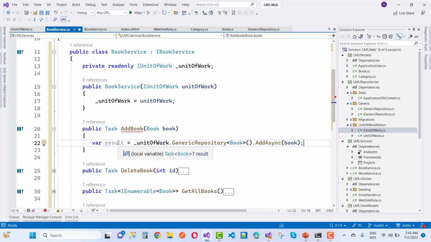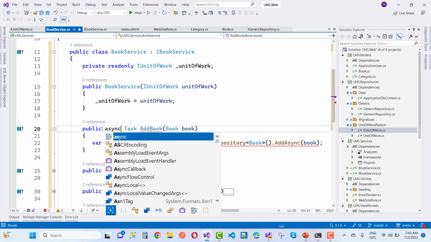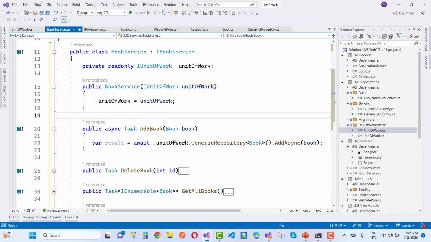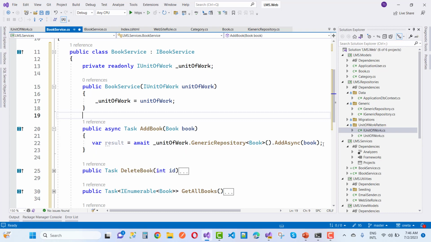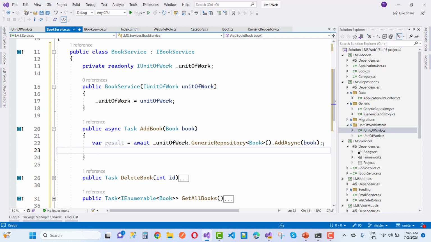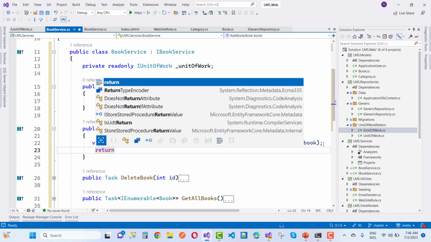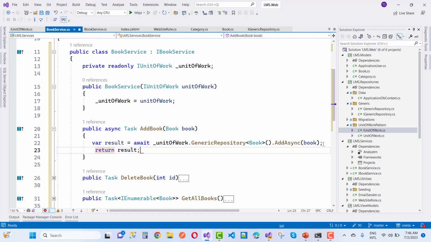Okay, so here we have the book I want to add, but notice that the result is of type Task. So you can use await and use async here. So that result is of type book, the one I want to add. The result is the book. Okay, so return